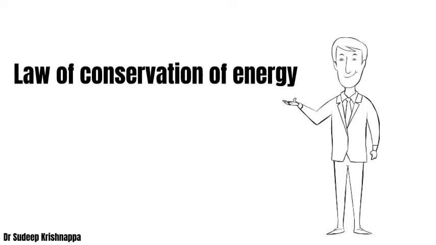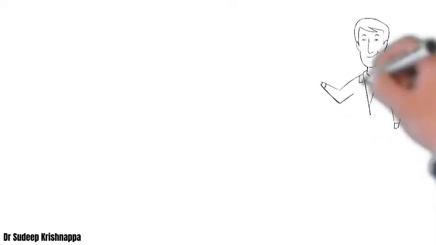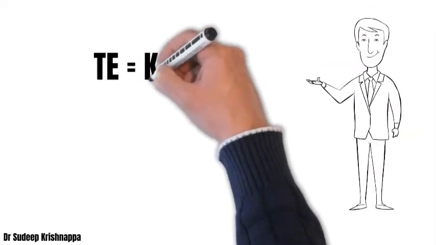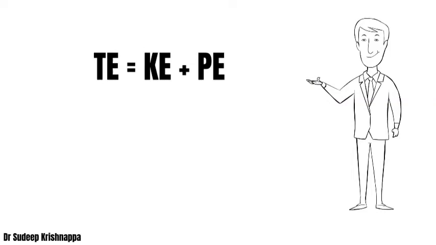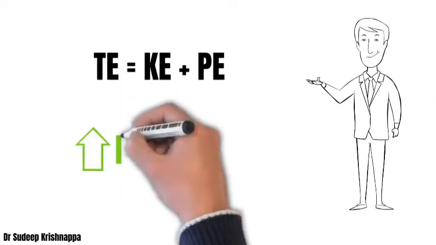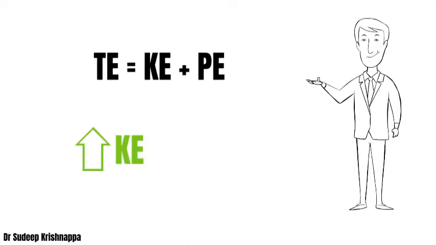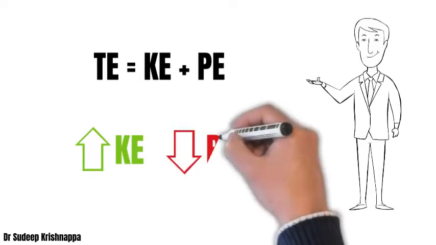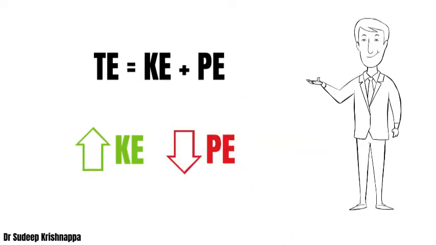So we can have several different types of energies: potential energy, kinetic energy, etc. The total energy would be the sum of both the kinetic and the potential energies. The velocity or the flow of the system would represent the kinetic energy, and the pressure a system exerts on its sides would represent the potential energy. If for some reason the kinetic energy increases, the potential energy has to decrease in order to keep the total energy of the system constant.